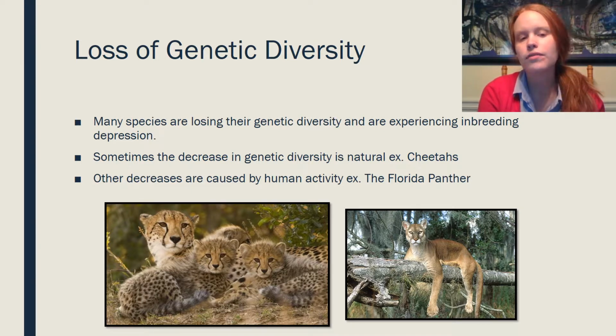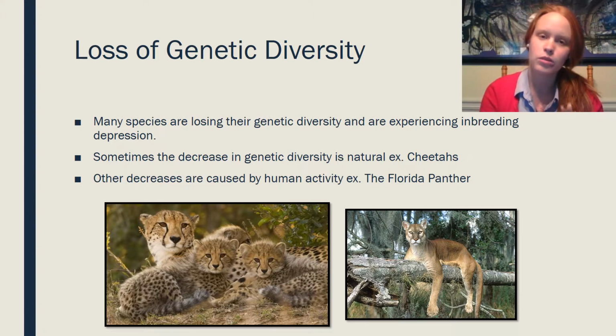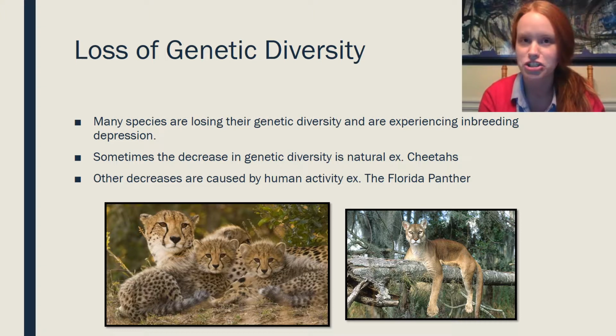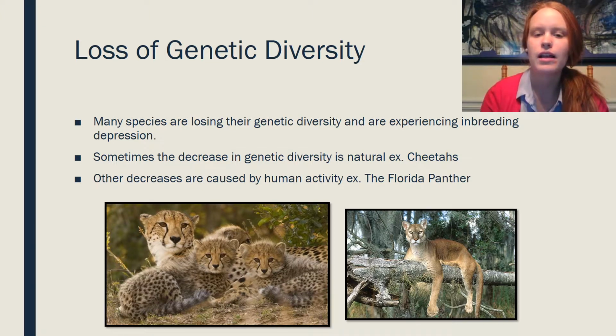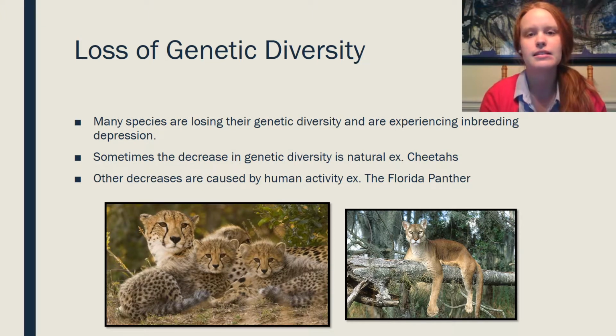Now, a lot of the problem with this is because once you lose a lot of diversity, you start having inbreeding taking place, and there's a vocab word, inbreeding depression. This is when you have species that start to develop really bad mutations and really bad diseases, and everyone's getting sick, and the next generation's not moving on because they're all dying really young because they are being inbred. When this happens, that is very bad. That causes a lot of species to go extinct because of the diseases and the weird mutations